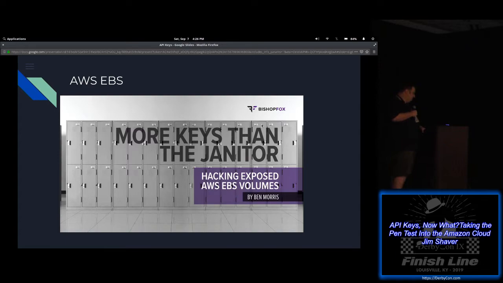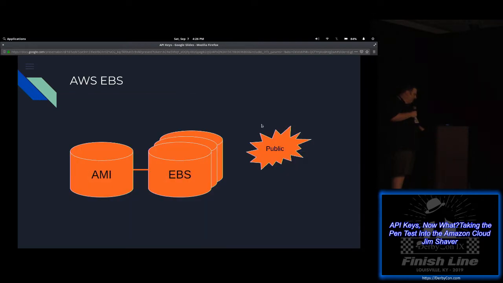So these are hard drive images that have public read. What he figured out was these EBS things are public and they're not encrypted. You can encrypt the volumes, but that's work, and who's going to do that, right?